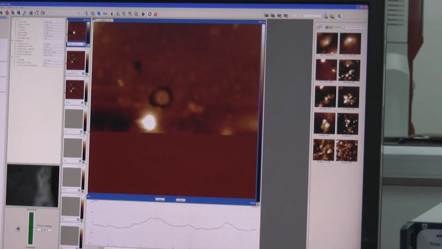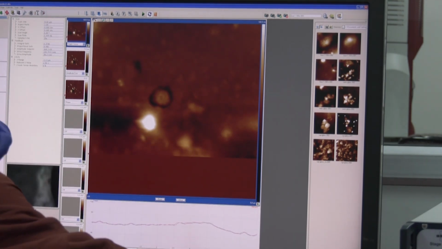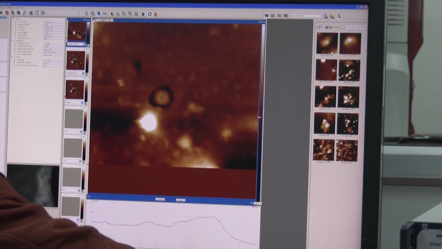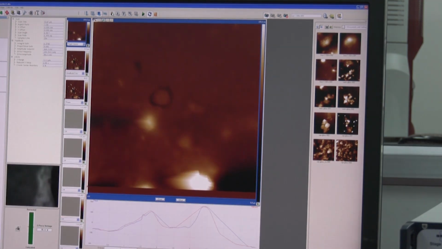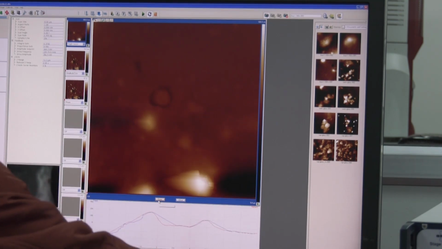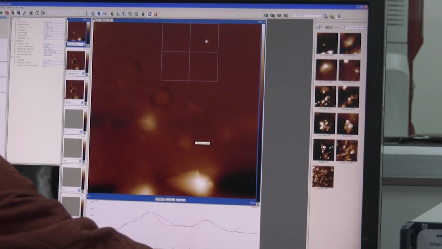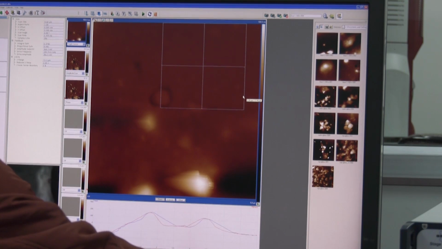You can see that the sample is being scanned. Then select the desired area to magnify it and take a scan.